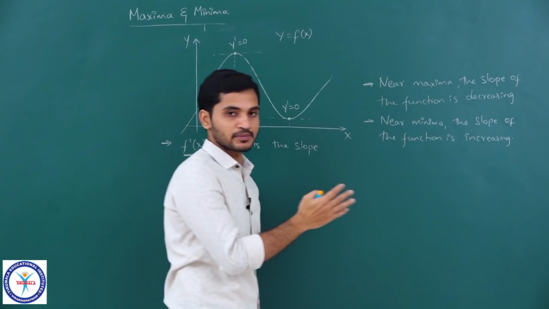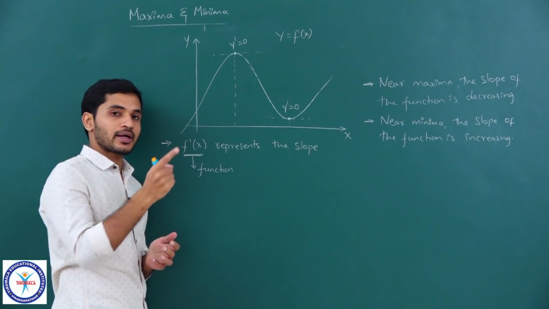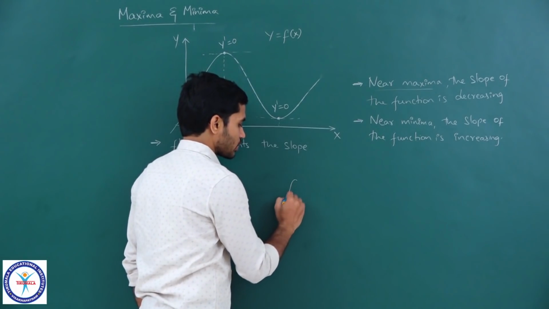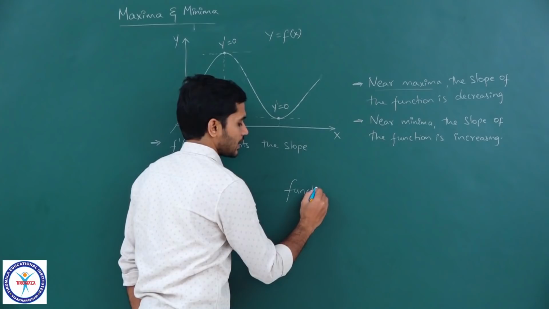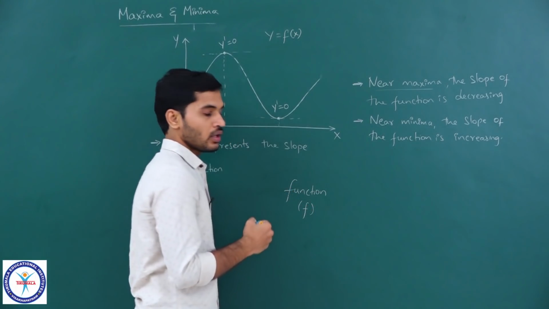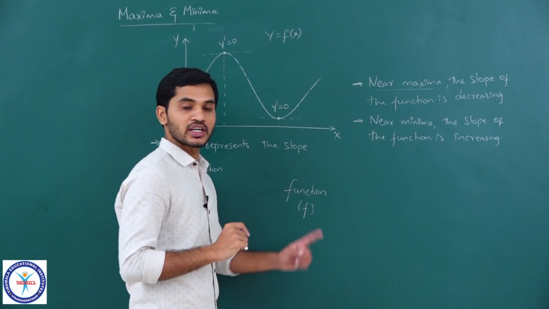Okay. So, that is the observation that we have made. Okay, fine. Now, let us go back to the earlier concept which we discussed. What we discussed was, if we have a function, let us consider that I am representing it with some f. So, who decides whether a function is increasing or decreasing? We learned this earlier.